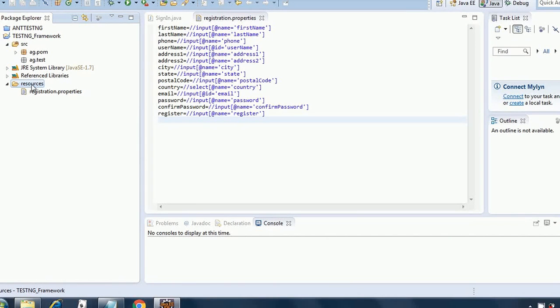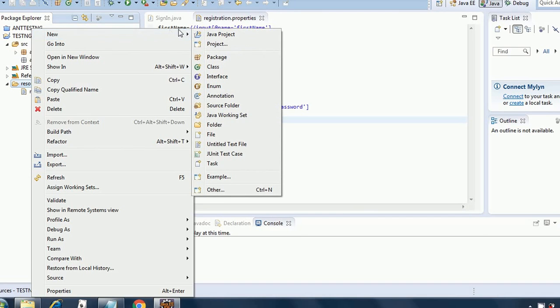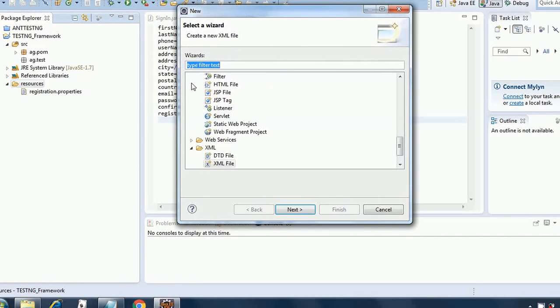In this we create a new file by right clicking new, and then we say other, or sorry, we should have said file instead. Let me cancel this and go back.